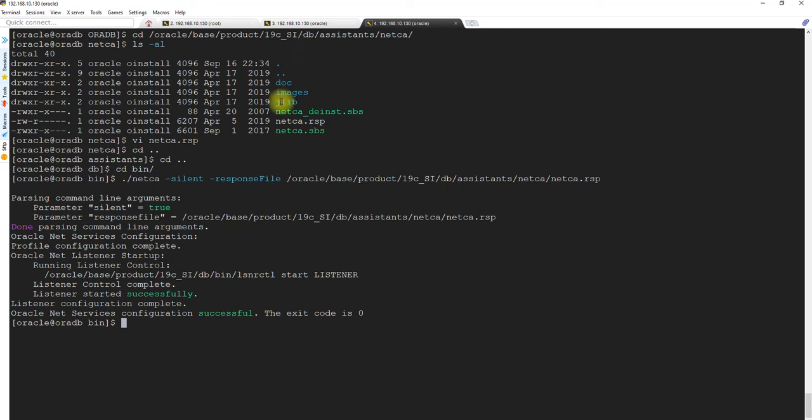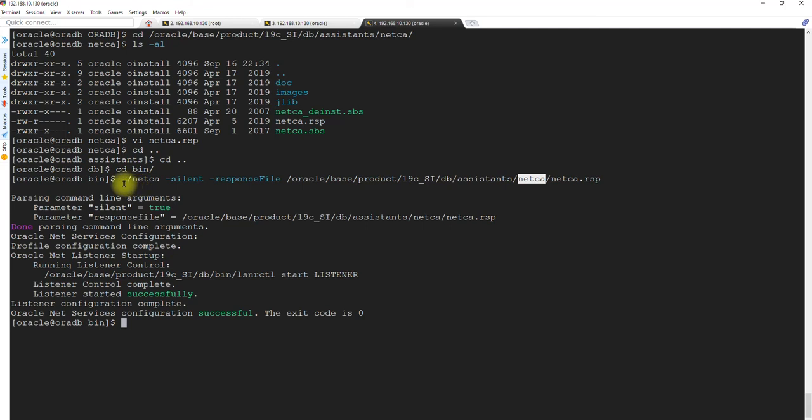So see, we are not touching anything, right? We are not touching the graphical user interface anywhere. We are just using this particular directory. This assistants directory has different tools under it. So netca has a netca response file, there is dbca, there is a dbca response file, and for the software there is a response file as well. So you can open up the different response files, modify the parameters accordingly, turn the switches off and on, and then start using them.